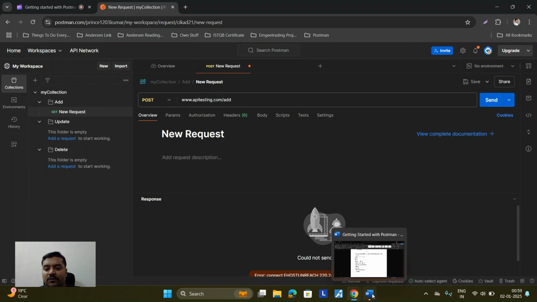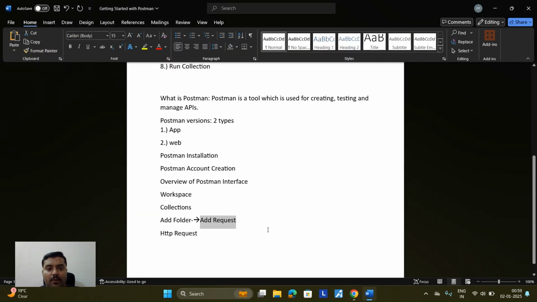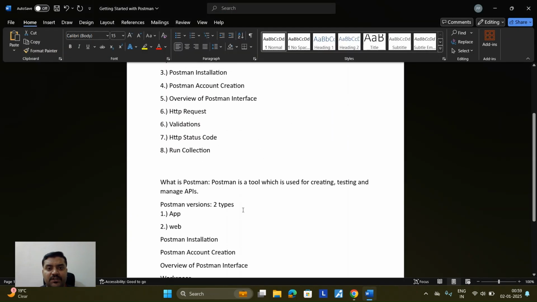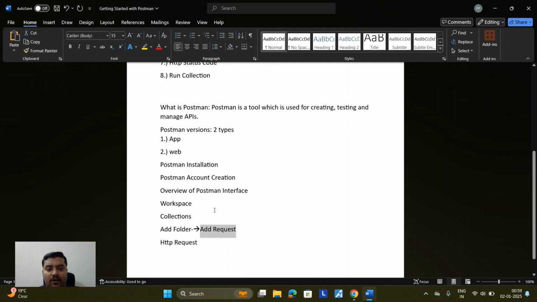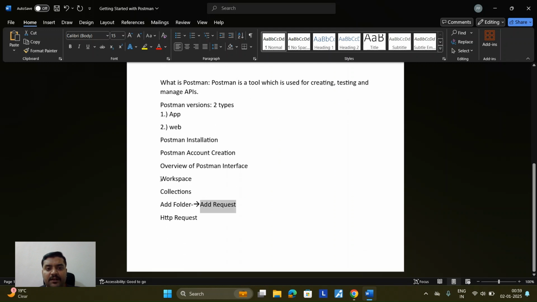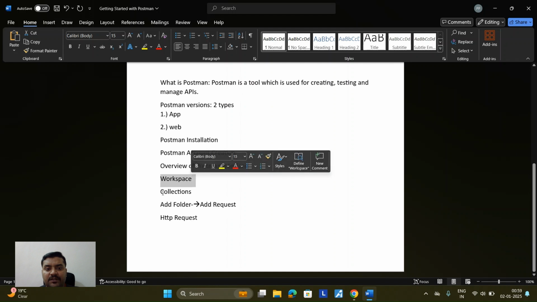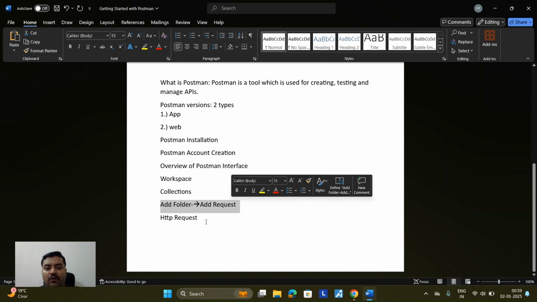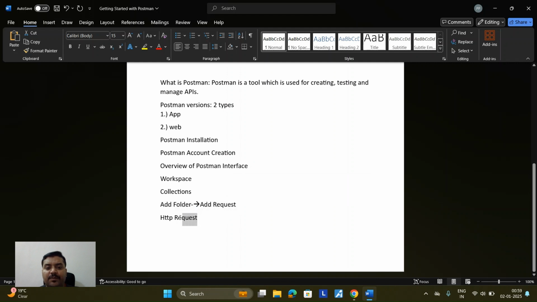Now coming to the topic, what we have to discuss. So already we have explained workspace, collections, add folder, and add request. Now I'm moving towards HTTP requests. What are the HTTP requests? How many HTTP requests are there? So there are GET, POST,